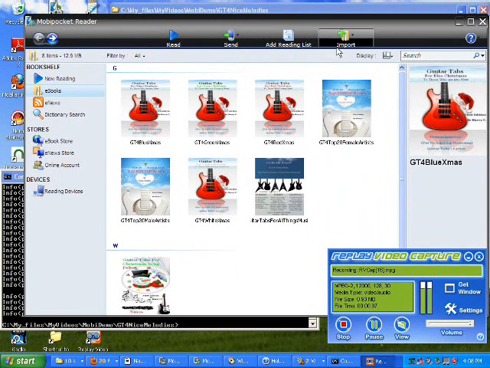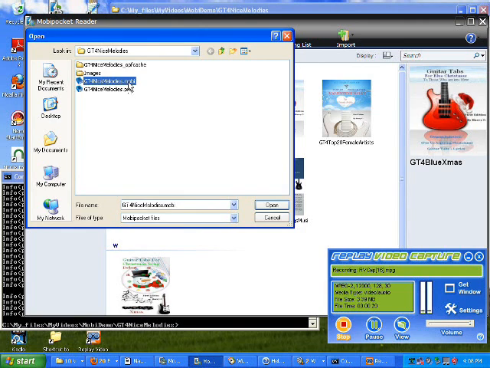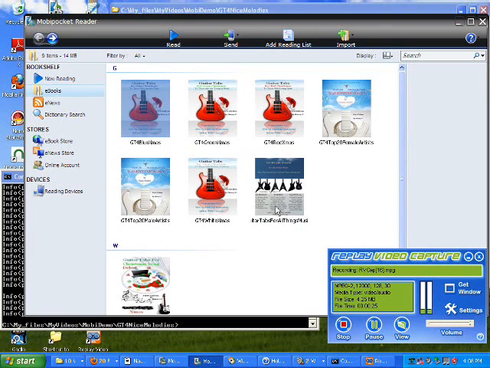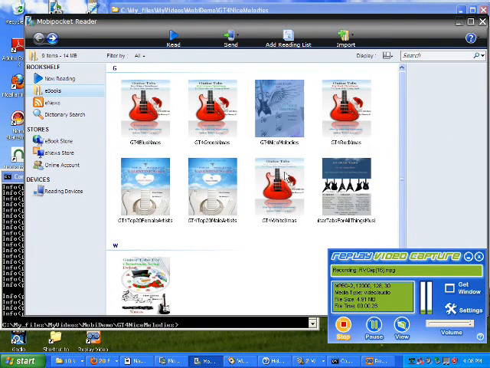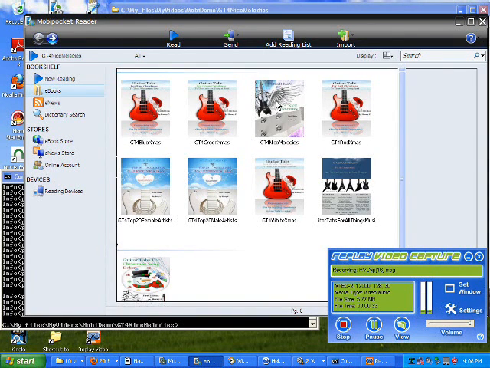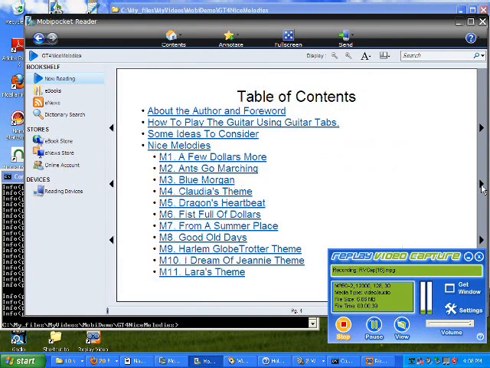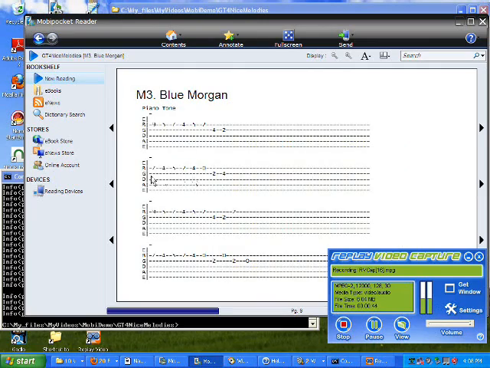Okay, I just opened the Mobipocket reader, and I'm going to import that Mobi format ebook. And then double click to view the content. With the cover image, I can go forward, table of contents, go to the section. Now I can go